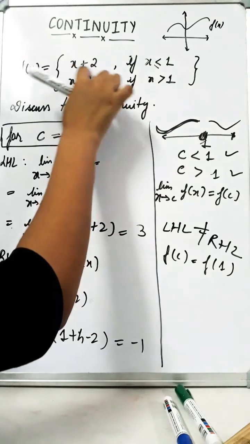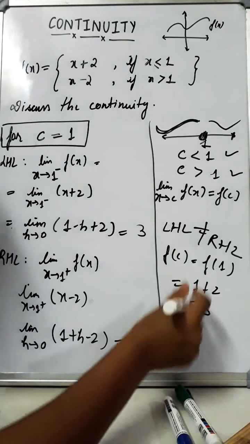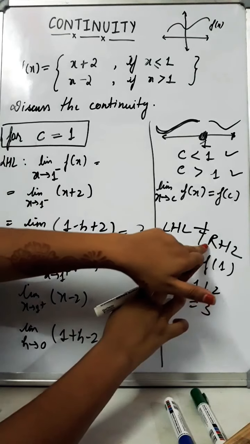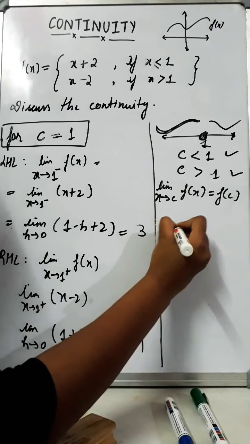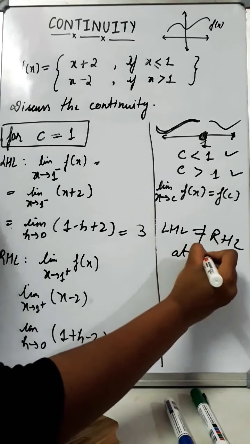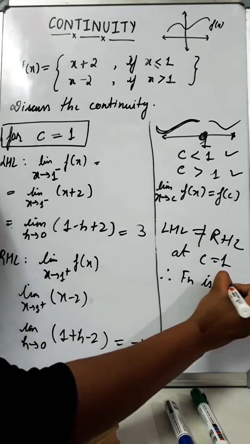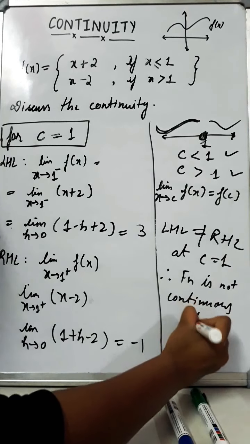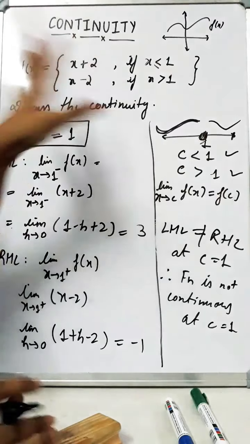For x is equal to 1 we will take this value, right? 1 plus 2 which is 3। Okay, so we got left hand limit is equal to the value of the function at 1 but not equal to the right hand limit, so overall this function is not continuous at 1, left hand limit is not equal to the right hand limit, all right, at c is equal to 1, therefore function is not continuous at c is equal to 1।